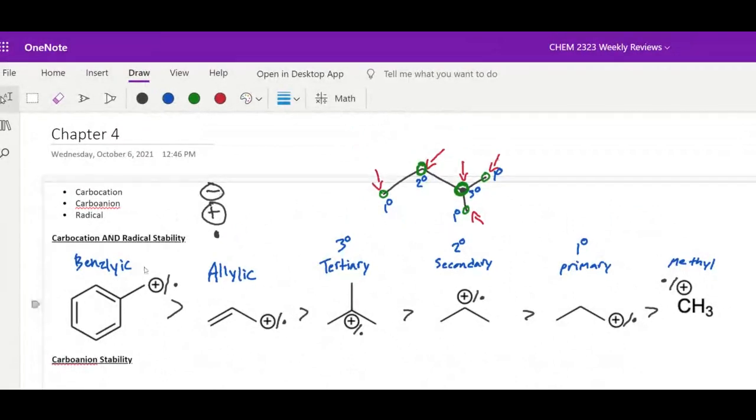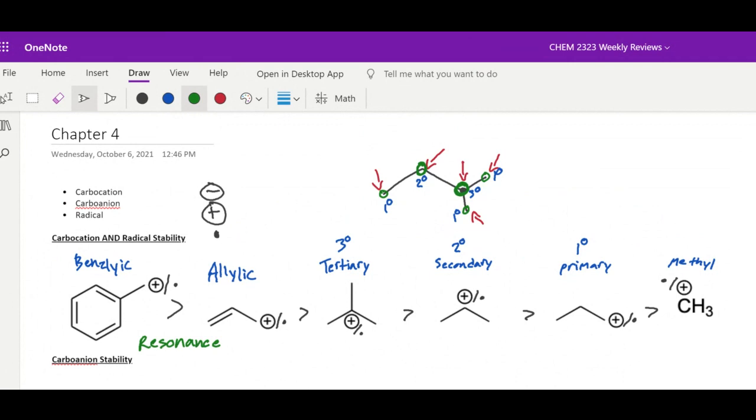Benzylic and allylic have resonance, right? So these two have resonance. And as we know, resonance is very stable and helpful in stabilizing our charge, whether it's negative, positive, or